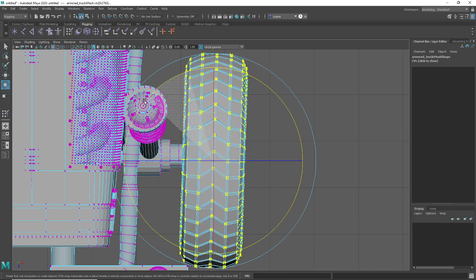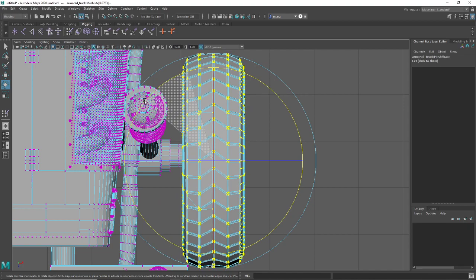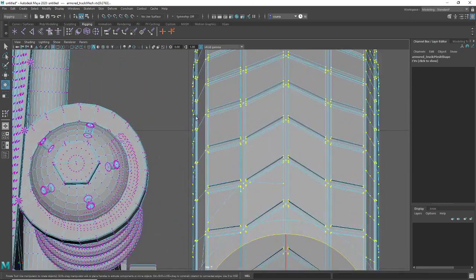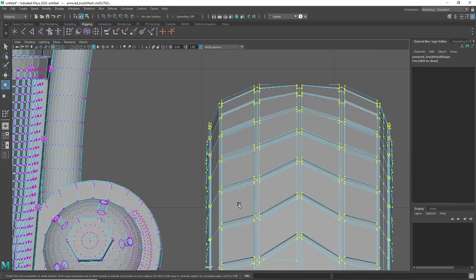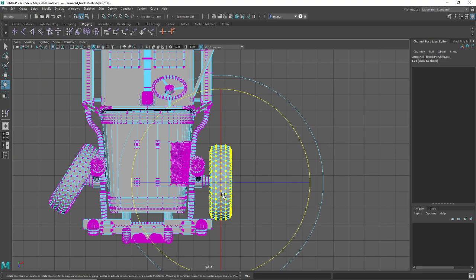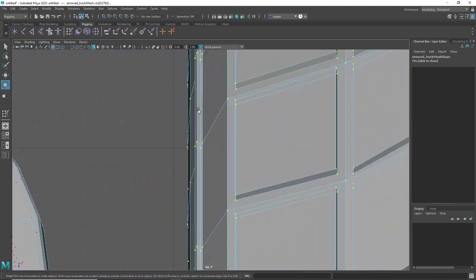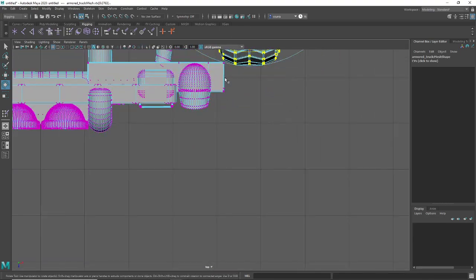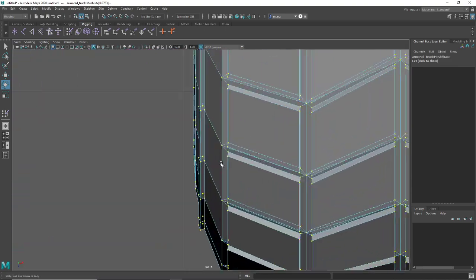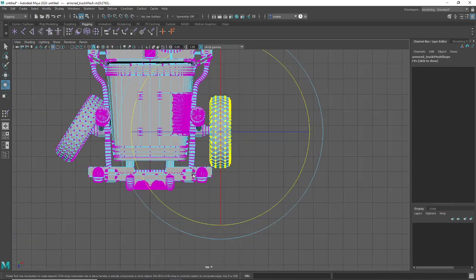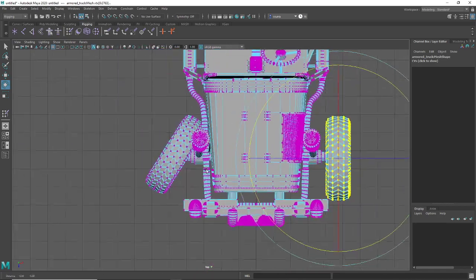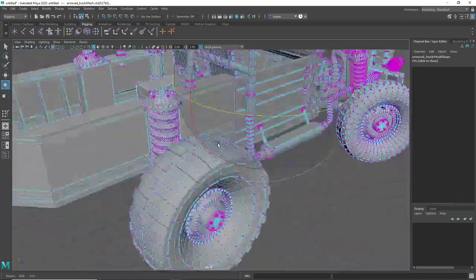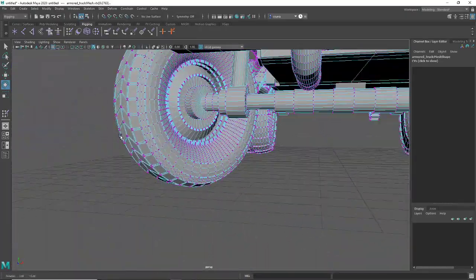So I'm going to rotate this tire in place. And remember, when you're doing this sort of stuff, there's good and there's good enough. As I rotate it, I'm using this grid line here as a guide to make sure that my tire's straight. If you look at the spacing of this grid line between the tire, and then you move all the way down to the bottom of the tire, it continues straight along that marker. So that's good. Let's do the same thing for the other tire. Again, there's good and there's good enough. I don't know if that tire's straight. In real life, tires aren't